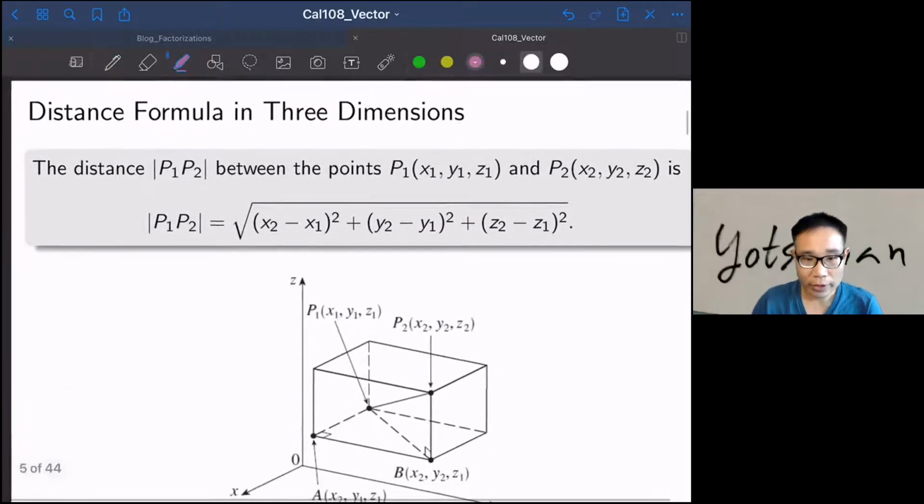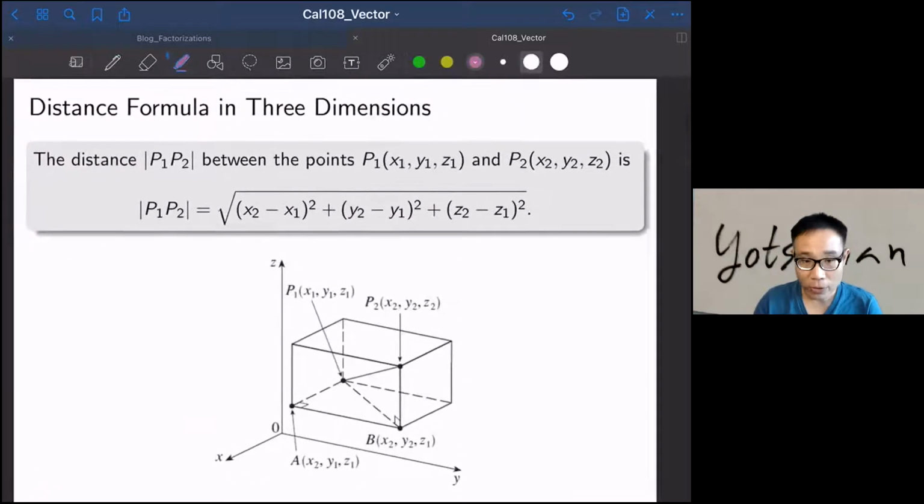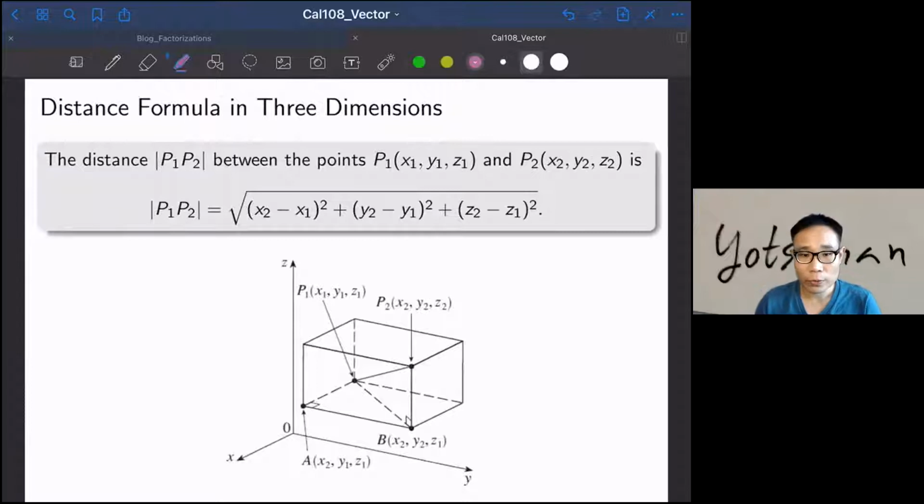The next one is going to be about the distance formula. When we have 2 points in three-dimensional space, the next thing that we like to find is the distance between these 2 points, P1 and P2. If you have P1 given by x1, y1, and z1, and P2 given by x2, y2, and z2, Pythagorean theorem, you see that you have a right triangle,